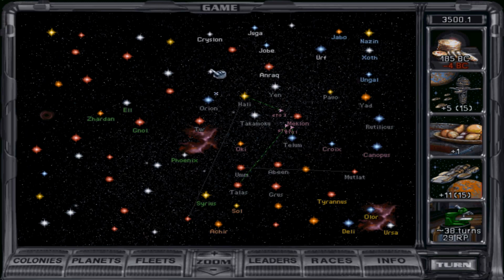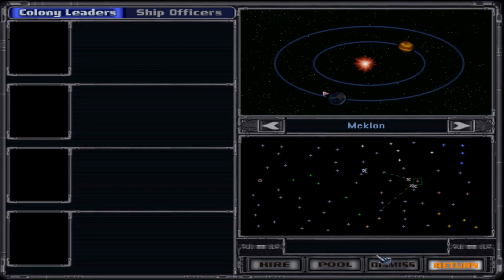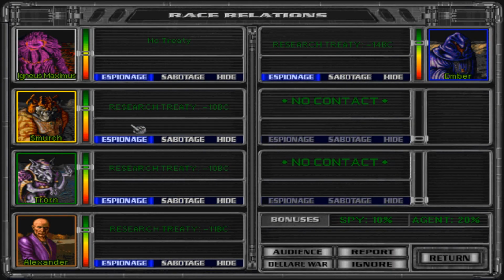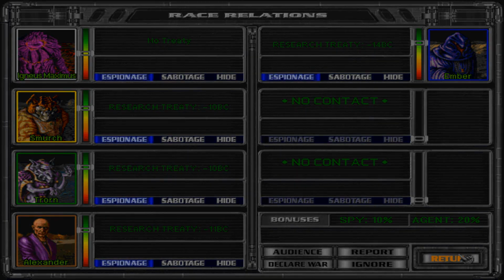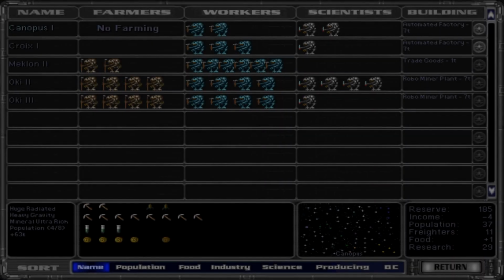Where we left off last time was we had done the very early preliminary talking to the various races, their various leaders. We've got some research treaties going, I believe. We have research treaties going, which is costing us a little coin at the moment, but they will make a profit in time, or rather the cost will go down to zero, but the research increase will be quite